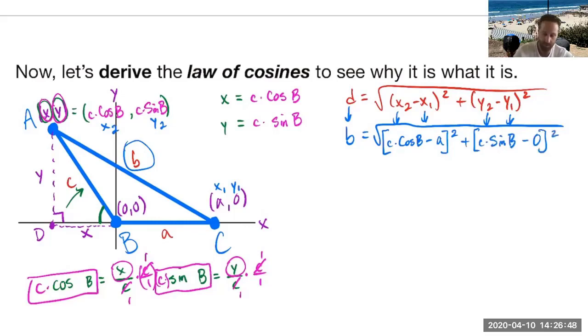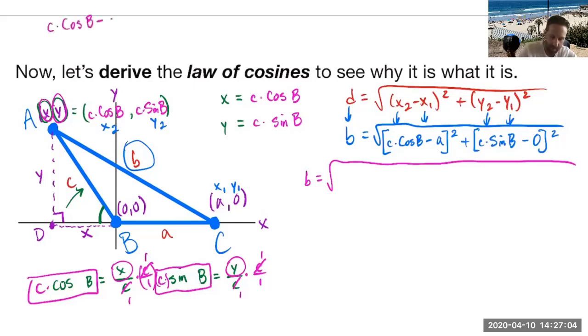Now, unfortunately, that means that I have to square this thing out in order to actually find what b is equal to. So going off to the side, I'd have to take c times the cosine of angle b minus a times itself, squaring it. And if you do a little bit of foiling, distributing, hopefully you'll notice that I'd have this times that,